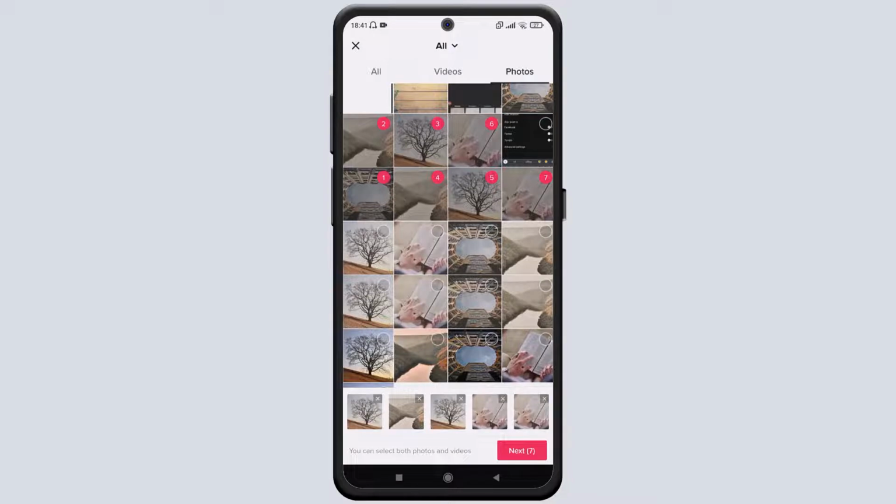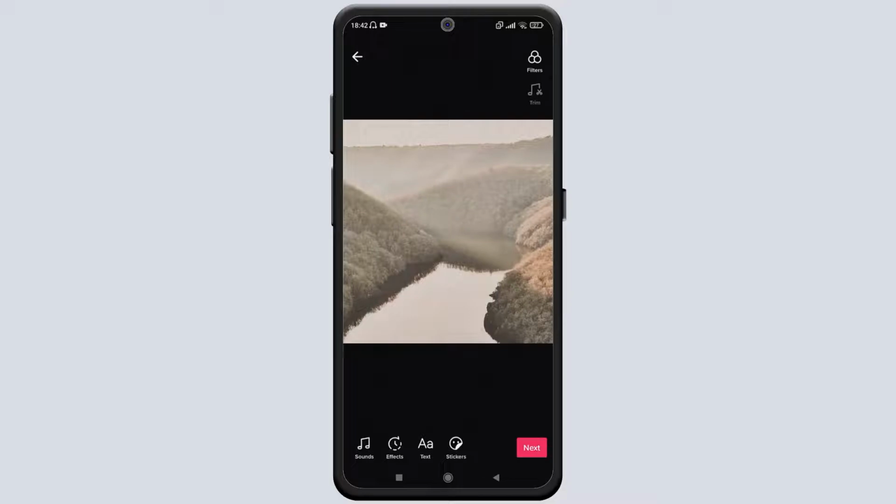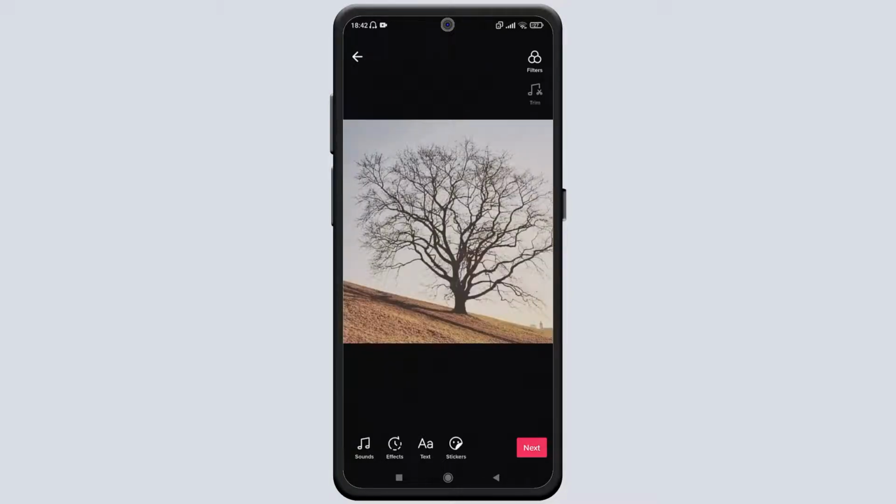And now that you have selected your pictures that you wish to turn to videos, you need to click on the next button. And as you can see, the pictures will come in a screen slide view, but this will be turned into a TikTok video. If you want to add sound, you can also choose to add sound at the bottom icon